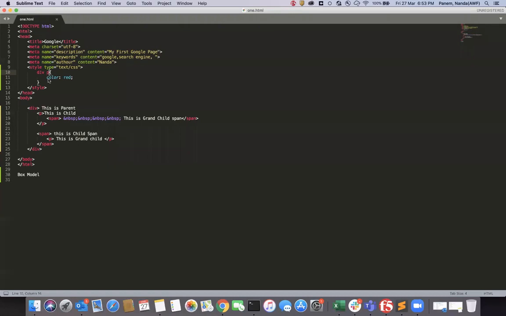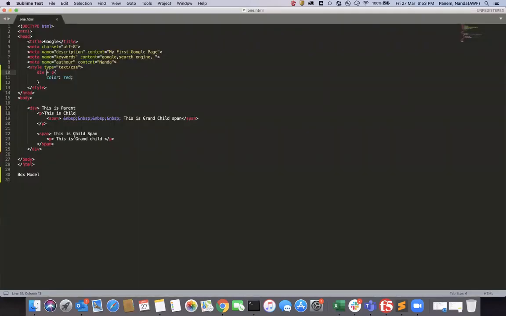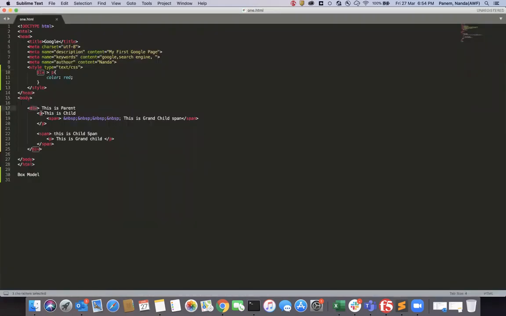Suppose you want to apply only to the children. If I provide a greater than symbol over here and execute, see here, only for this first one it is coming as red, because inside div, this is a child.